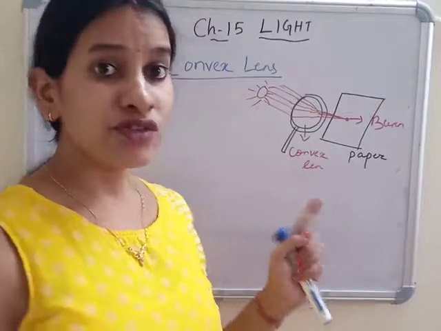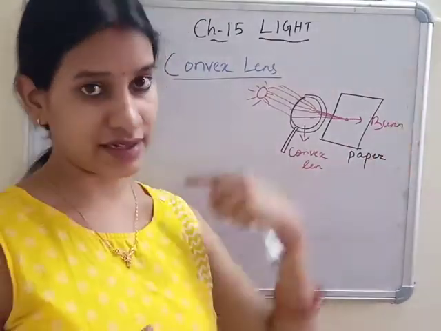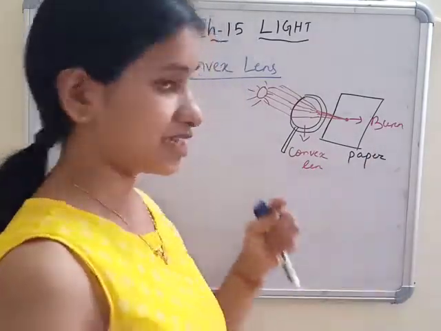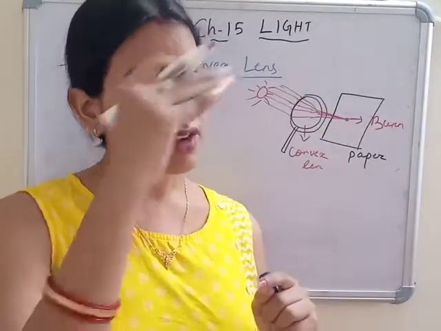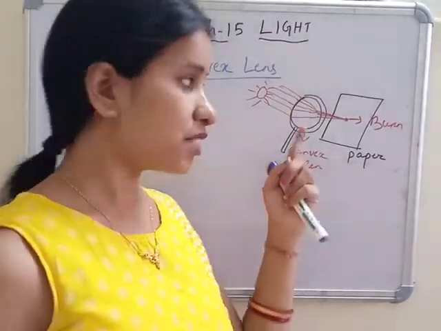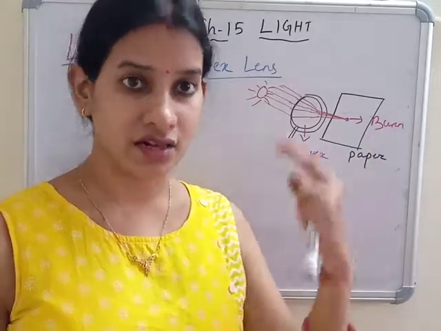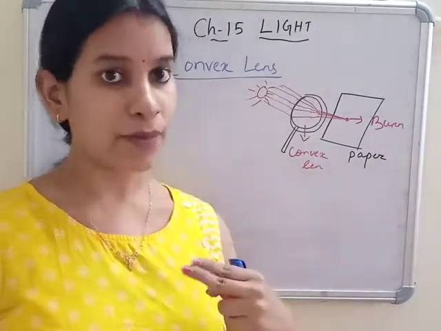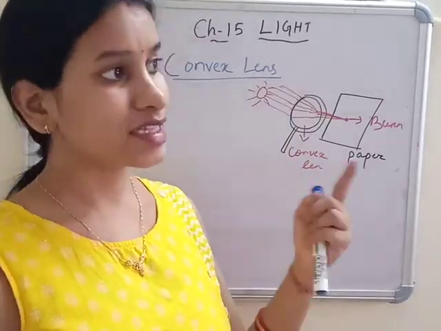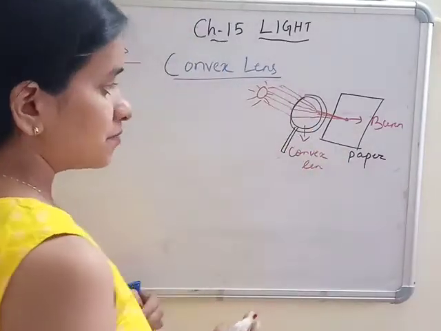Also, convex lenses are used in specs when some people have a problem of farsightedness, means दूर की चीज उनको दिखाई नहीं देती है. So in that case they use a convex lens so that they can focus on very far away objects. As the sun is very far away from us, but its rays can be focused by the convex lens. The same way, the people having दूर की दृष्टि जिसकी खराब होती है, so they use convex lens specs so that they can see the far object clearly. So this is about the convex lens activity.